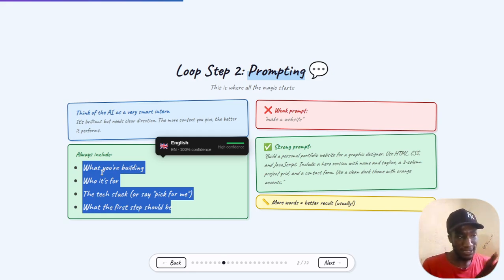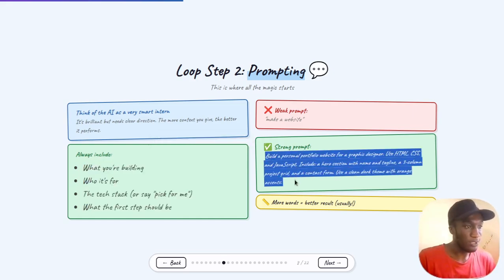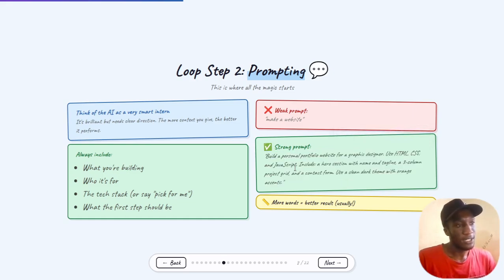So as you can see, the first prompt doesn't have context. Context is the meaning, the depth of what you are trying to build. As you can see here, the second prompt has been fully explained, and it has enough context that the AI won't struggle when building the website or the landing page.